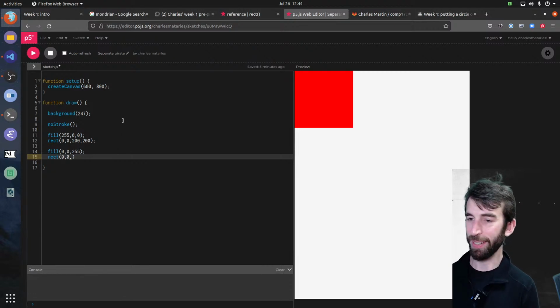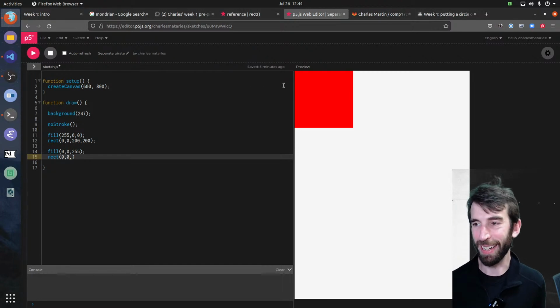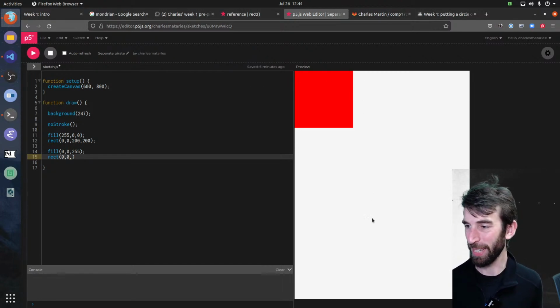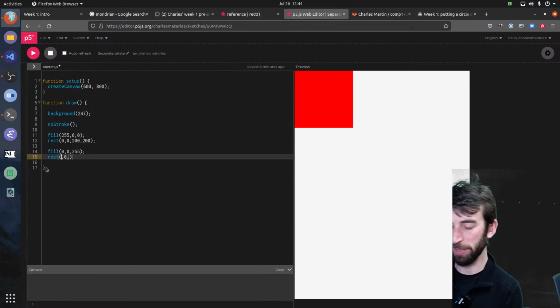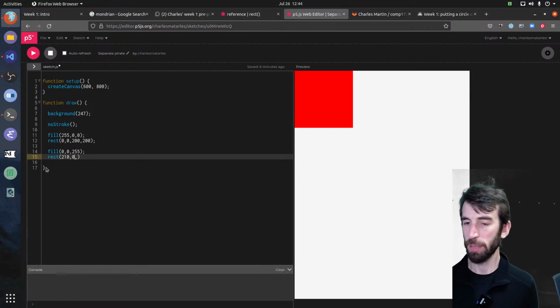I'm going to start it. I have to work this out now. So I want maybe a rectangle like here. So I want to start at 200, have a little white stripe. So I might go to 210 for the starting point. And the Y starting point is going to be at the top of the screen. That's still 0.